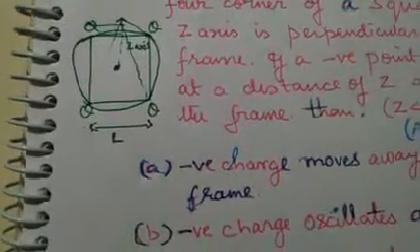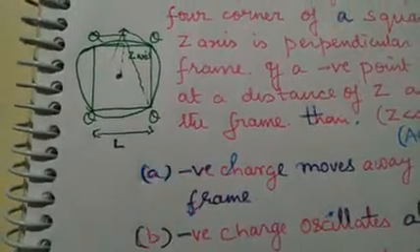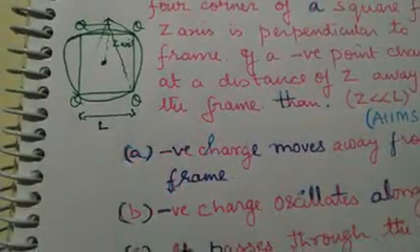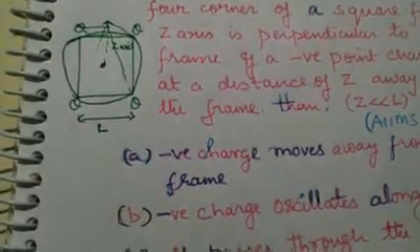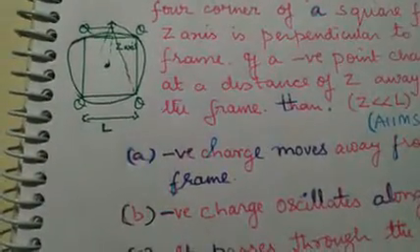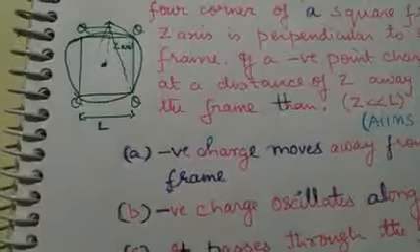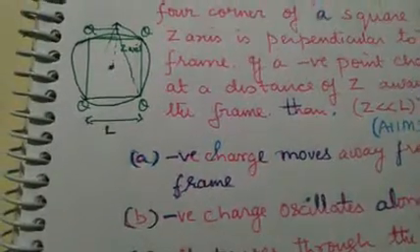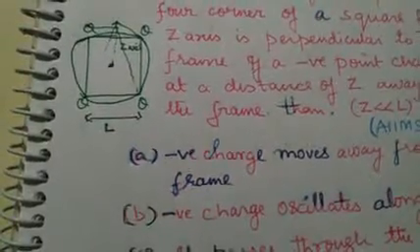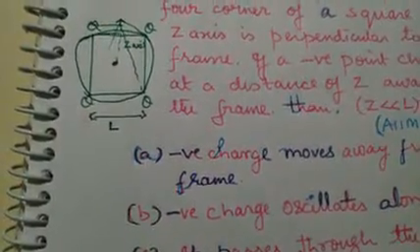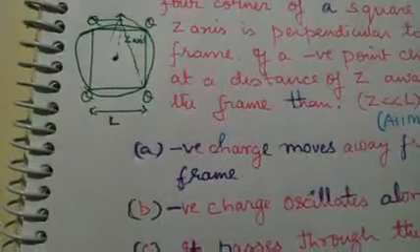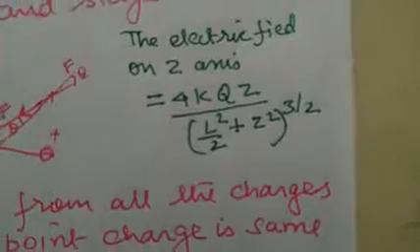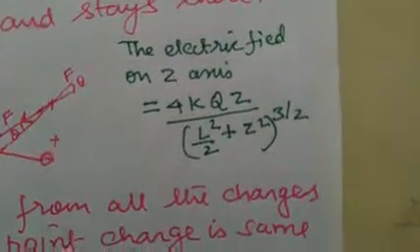Okay, so we can use the electric field equation. The force is equal to EQ. You know that. That is the force which will be experienced on the axis. So we can just consider the square just like a wheel, and find out what exactly we can use. The electric field on the z-axis would be